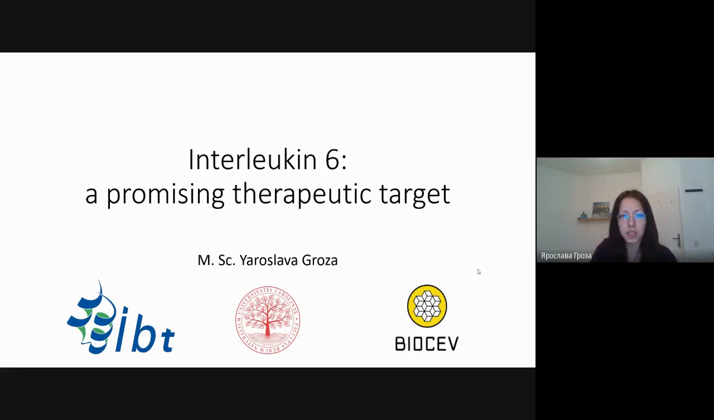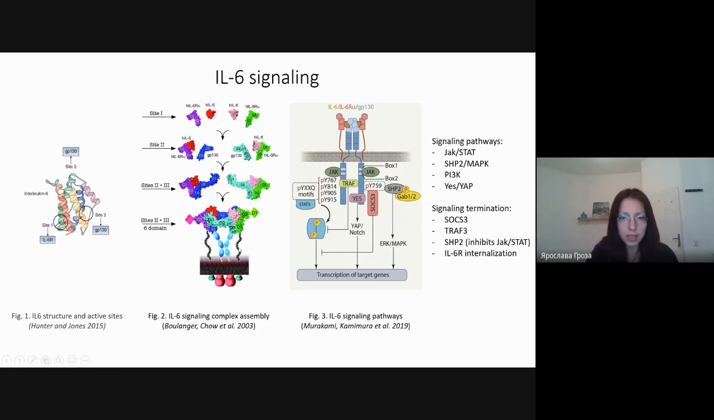The aim of this project is to create small protein scaffold binders to inhibit interleukin-6 cytokine. Interleukin-6 is a pleiotropic cytokine which has diverse functions in the human organism. It functions through the heterodimeric receptor, which is composed of alpha and beta subunit. At the first step, interleukin-6 binds to its alpha subunit, and this complex assembles with the beta subunit, and then